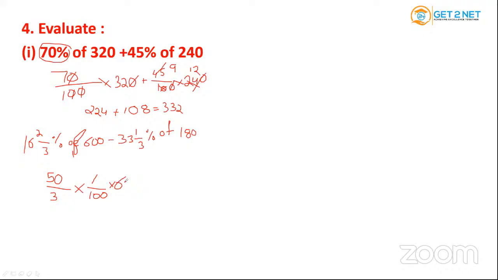Clear all of you? Yeah, I'm getting answers. Minus 33 into 3, 99 plus 1, 100. 100 divided by 3 into 1 by 100 and into 180. Solve both the sides, you will get your answer as